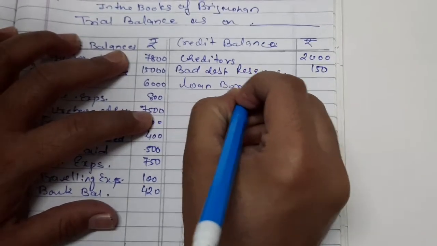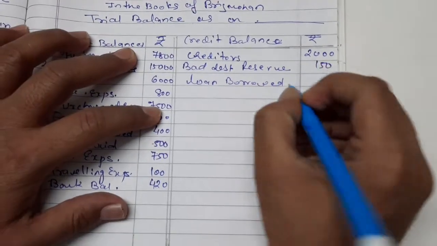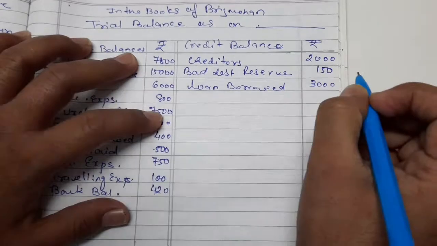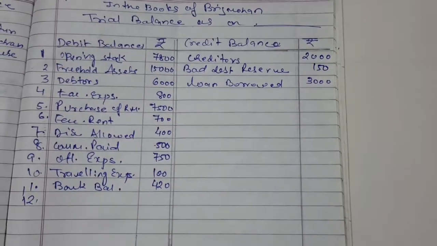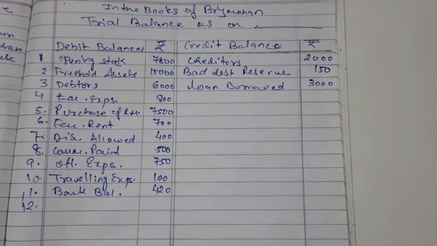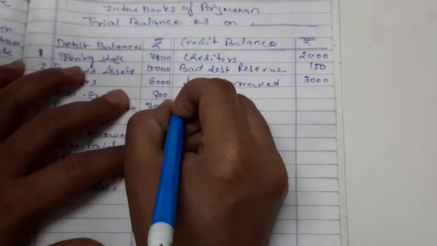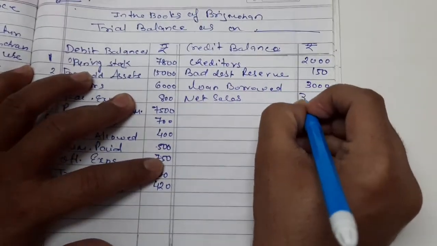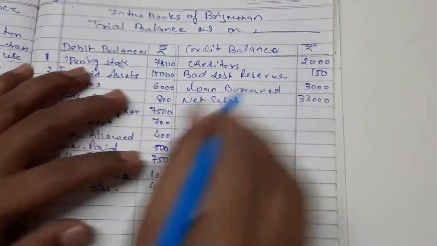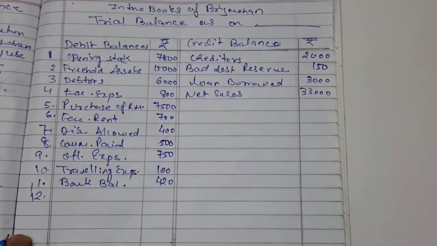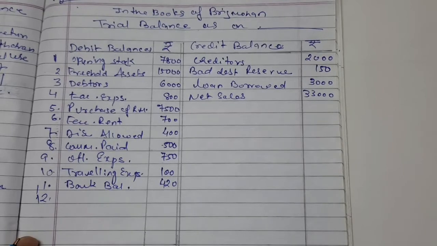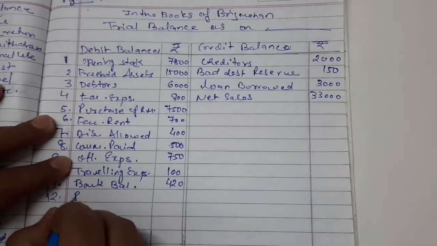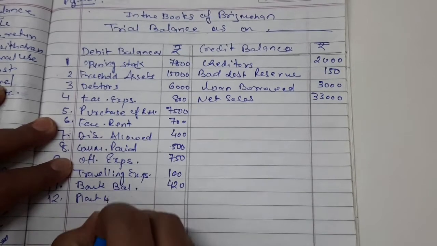Loan borrowed, which is 3000 rupees. Next is net sales. Sales, we have seen that it always has a credit balance, so net sales will also come on the credit side, which is 33,000 rupees. Next we have plant and machineries. Plant and machineries are assets, of course, and an asset will always have a debit balance. So plant and machinery